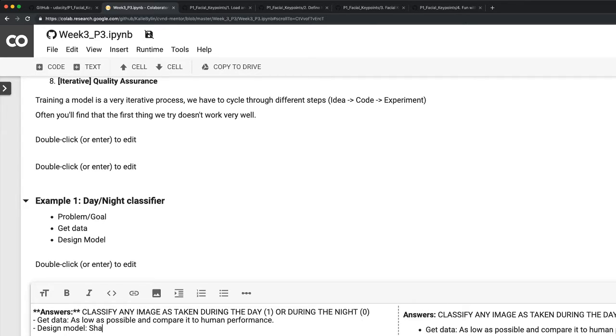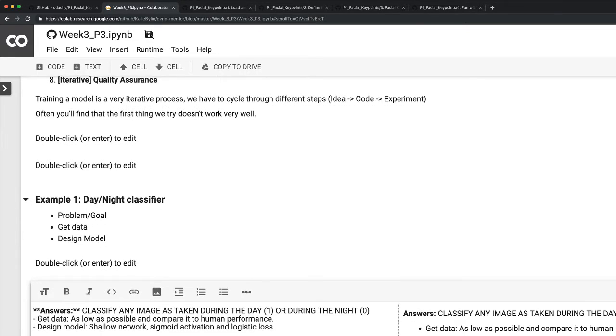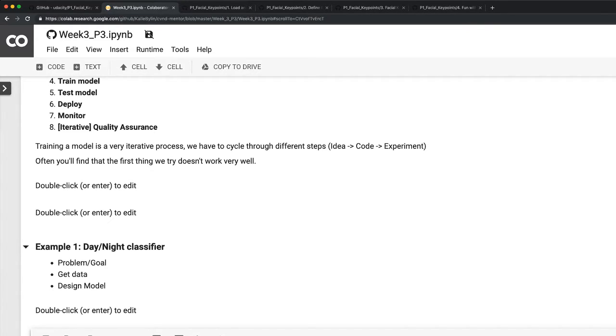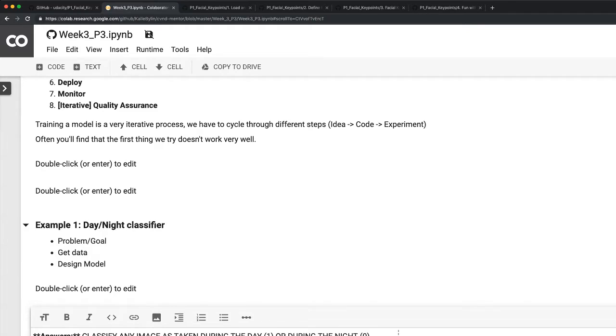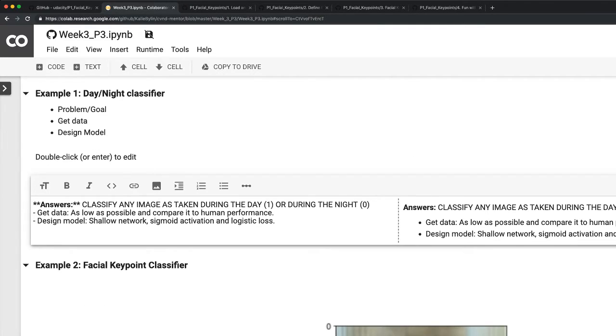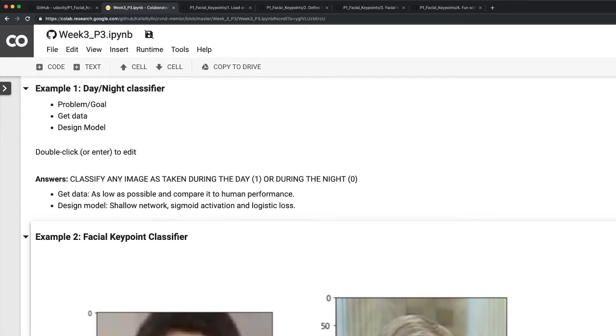We could go with a shallow network, sigmoid activation, and logistic loss. And then we would have to train the model and everything, epochs and everything. That's something we're going to skip for now. I'm going to mention some of the rules of thumb or guiding rules for this later down in the webinar. But we'll jump into the second example we have, which is related to the project,